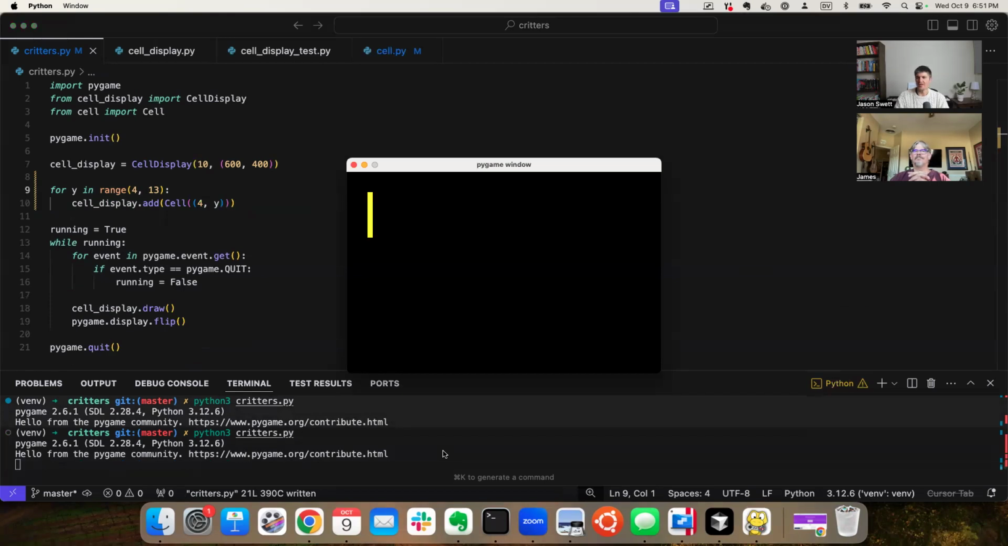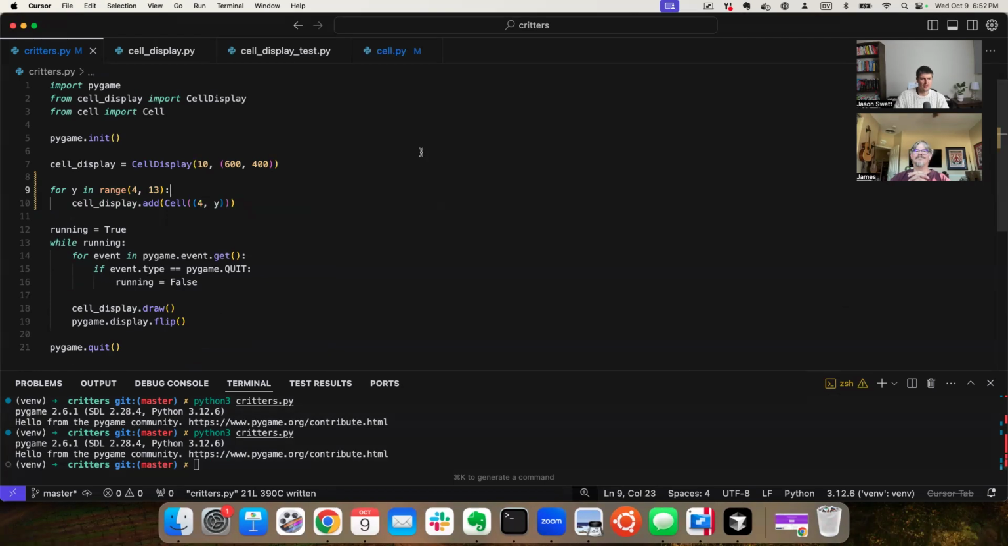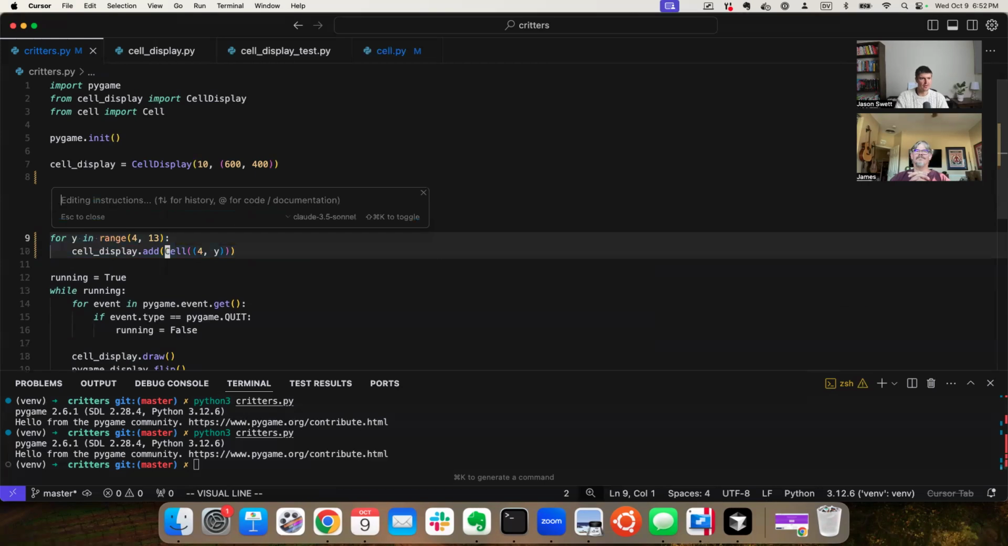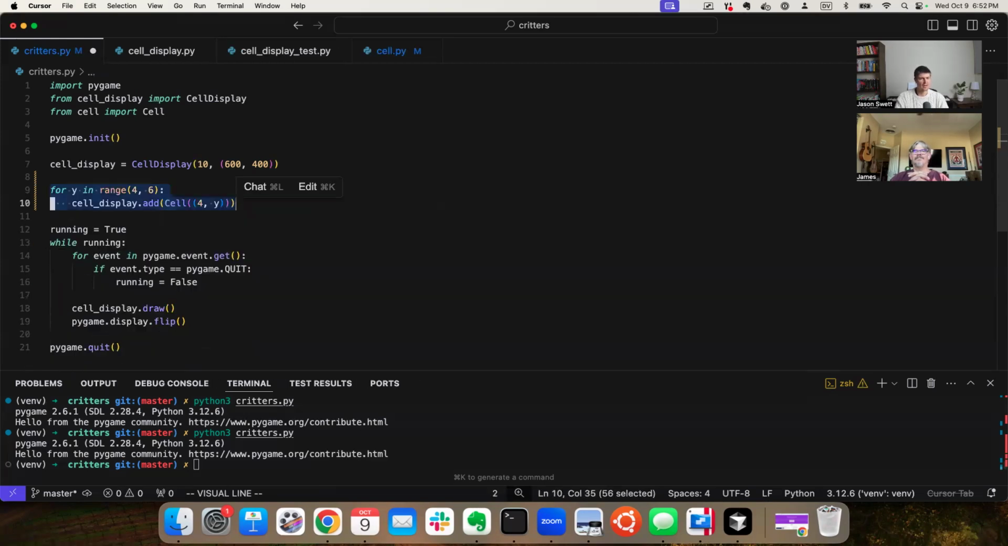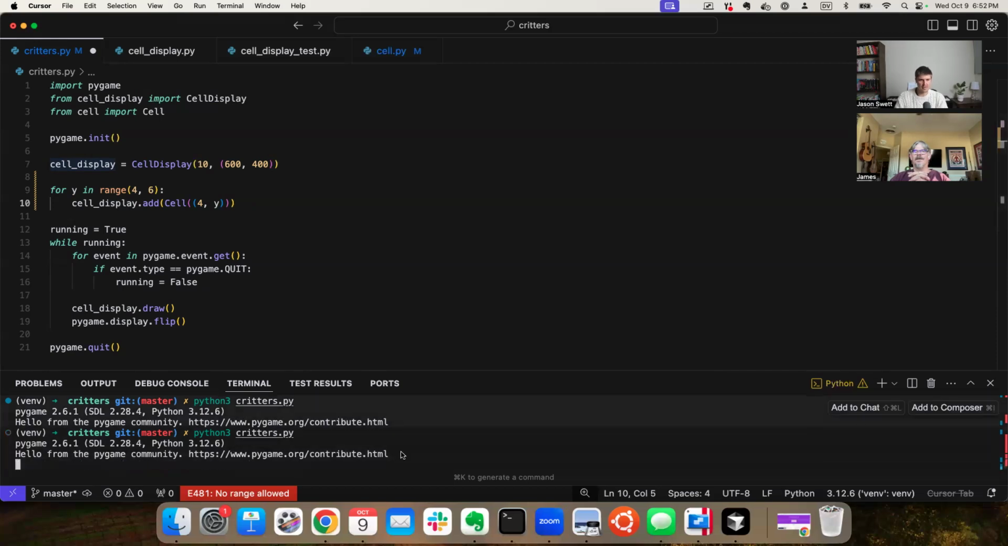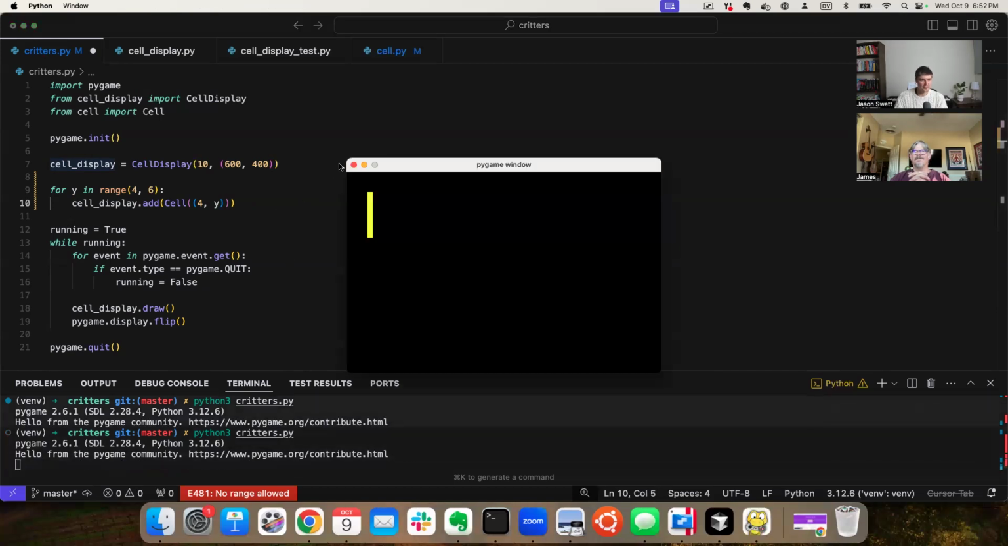All right, that's not exactly what I was hoping for. I don't know what these numbers mean. The loop should iterate only twice. Huh. Neither 4 nor 6 is a 2. Oh, but 6 minus 4 is a 2. So maybe, yeah, I guess that's what that means. I'm not a Python person, but